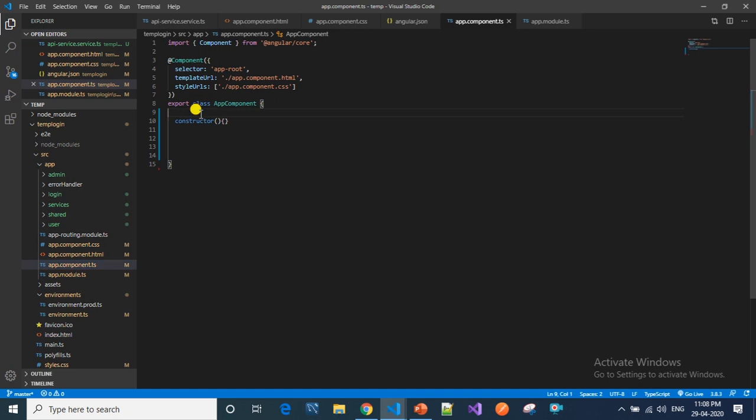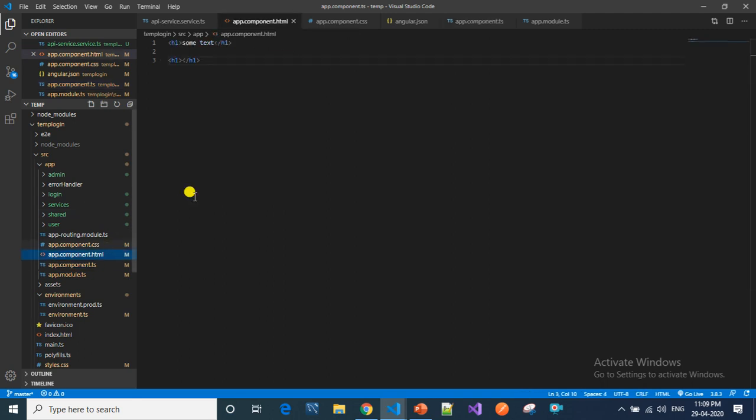We will go to the TS file and declare a variable named text equal to some text. Now we will use this text in the HTML by using the interpolation symbol, as you have seen in the slide.